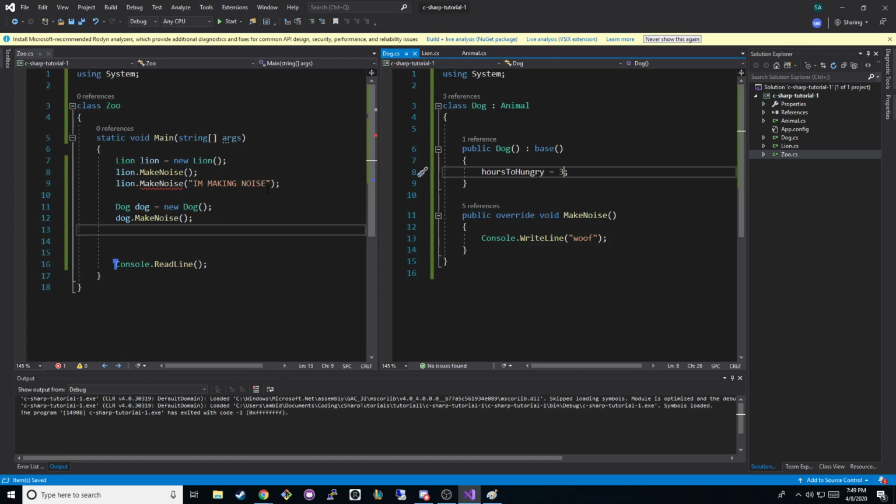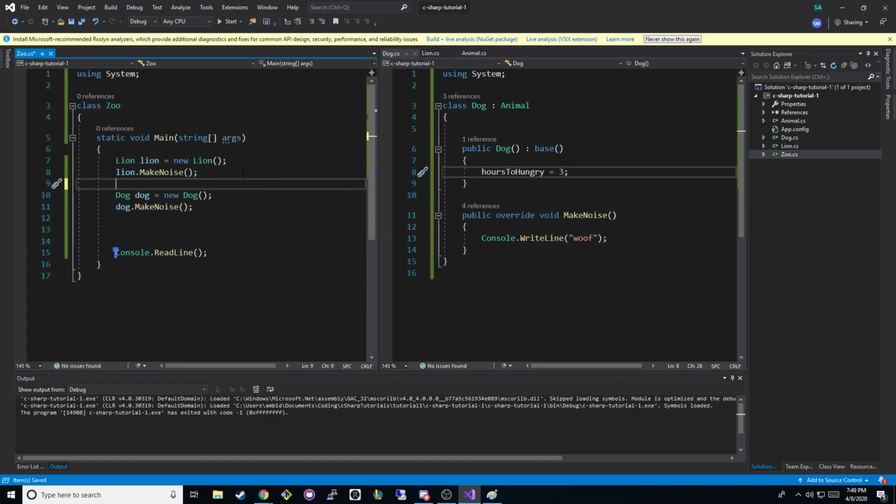Okay, so this method no longer exists because we got rid of it, so we will delete it. So now, what we're going to do is we're going to get rid of make noise because we don't need them right now. Maybe like when they get hungry, they make noise. That kind of makes sense. So we're going to create a lion, we're going to create a dog, and then we're going to say,